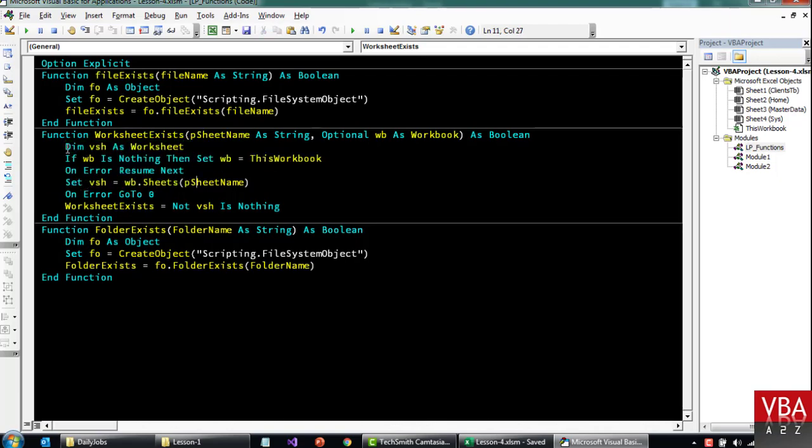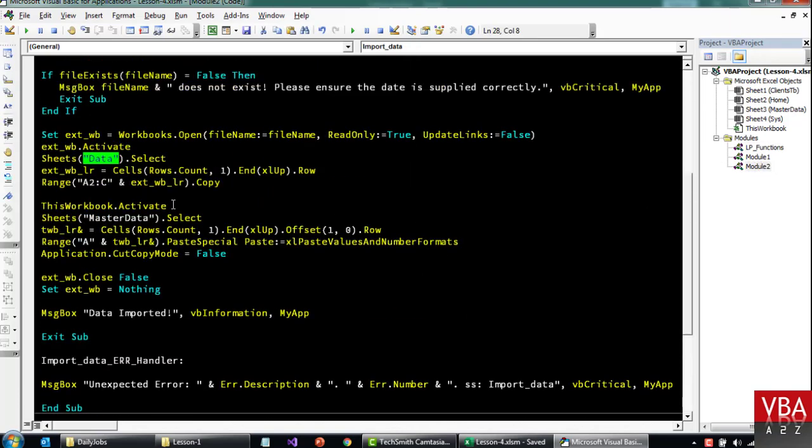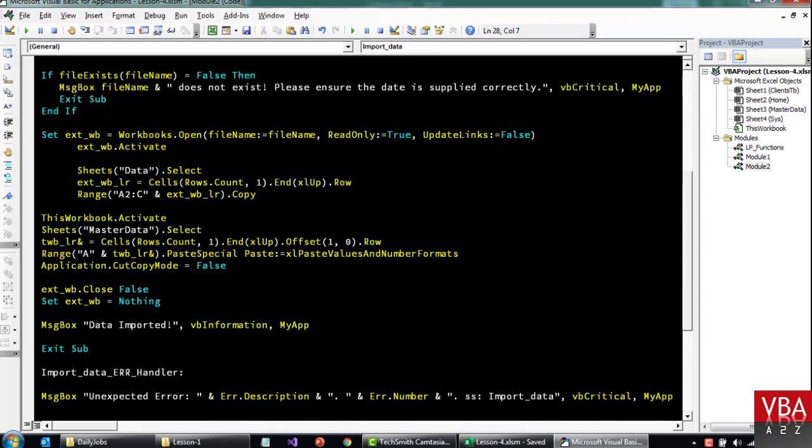Okay, so basically this is a worksheet object, and then it's setting up that if it errors, then it's gonna return as false. So if the workbook is not assigned, it automatically presumes it's gonna check the sheet exists in this workbook. So I can copy this, and I come back here after activating that workbook. Let's say that before we select, we can check if the sheet exists, and the one we want to check is